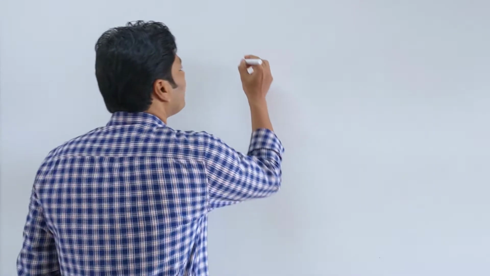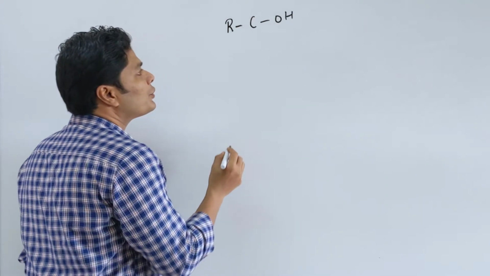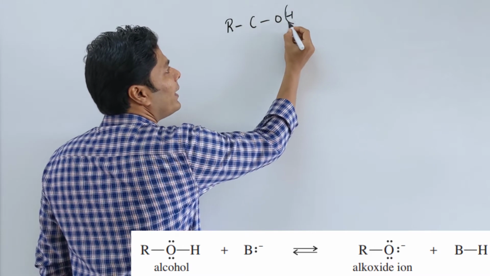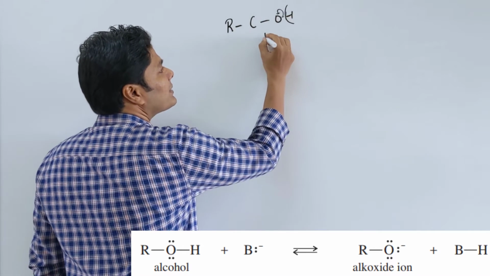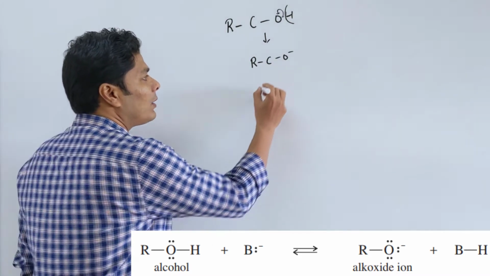One of the most important properties when it comes to alcohol is the acidity of alcohols. We have seen this separately in our general organic chemistry, more precisely under inductive and resonance effects. I just want to briefly comment on it here. When it comes to alcohol, we have our R-C-OH group. If we want acidity, this hydrogen has to go away and the oxygen gets the lone pair of electrons on itself, becoming the corresponding alkoxide.